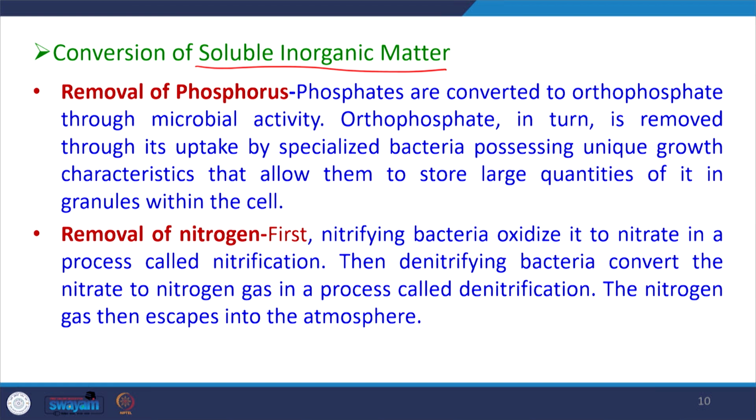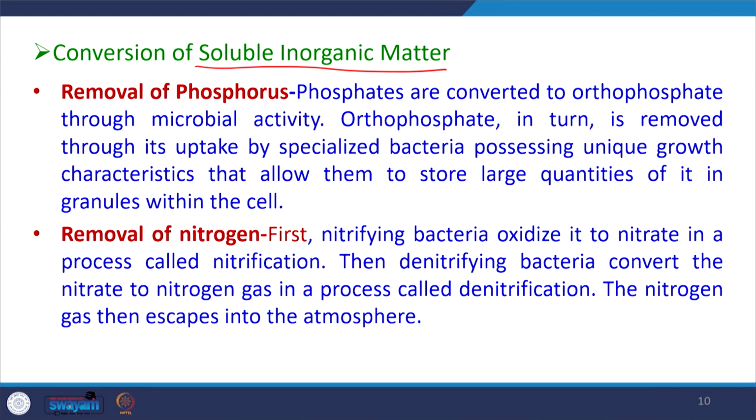Orthophosphate is further removed through its uptake by specialized bacteria possessing unique growth characteristics that allow them to store large quantities of it in granules within the cell. So, phosphates in the water are removed via conversion to orthophosphate and their stabilization in the form